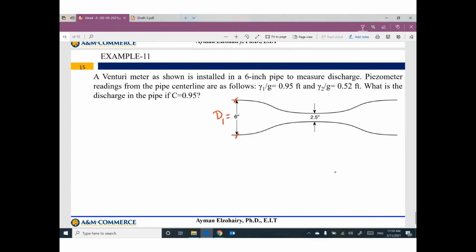Because you installed the Venturi meter, we made a contraction in the pipe with diameter D2 equal to 2.5 inch. We have piezometer readings from the pipe center line as follows: gamma 1 divided by g at this location,